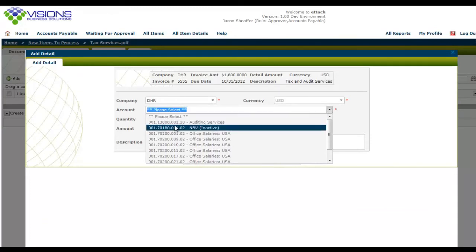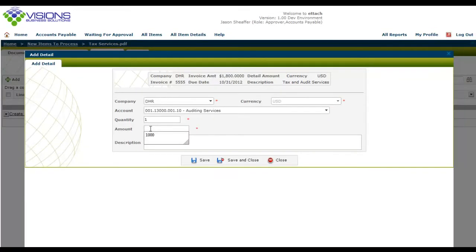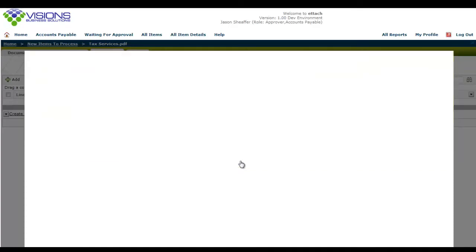Select an account for the line, as well as entering the quantity and the amount for the specific GL account line. You'll also be able to add lines to the vouchers if they relate to job cost. Once you have finished entering all the information, click Save and Close to get back to the line entry screen